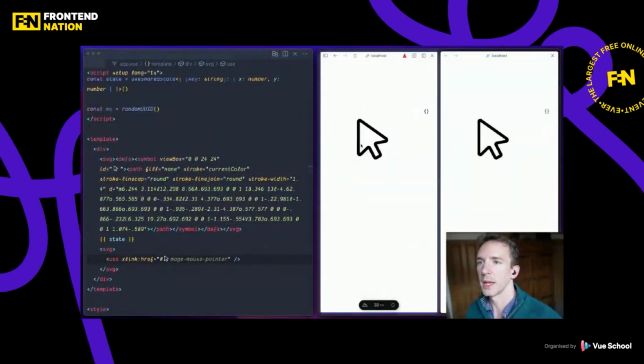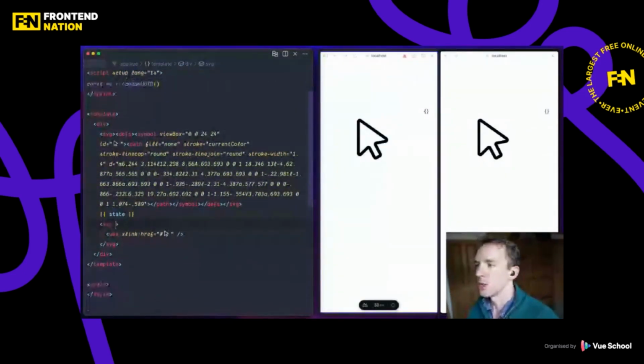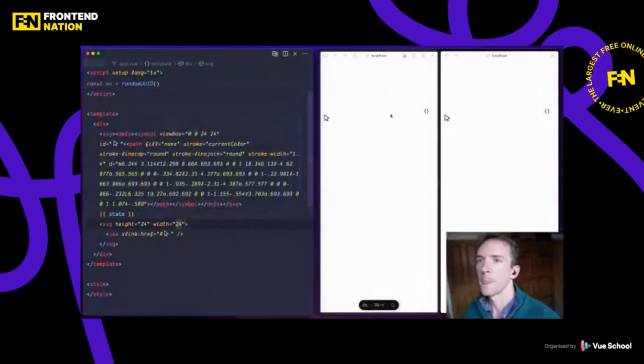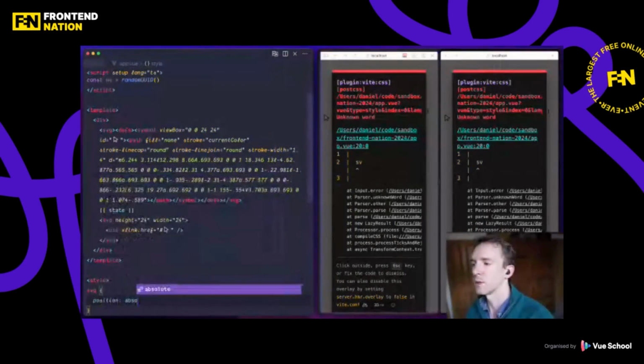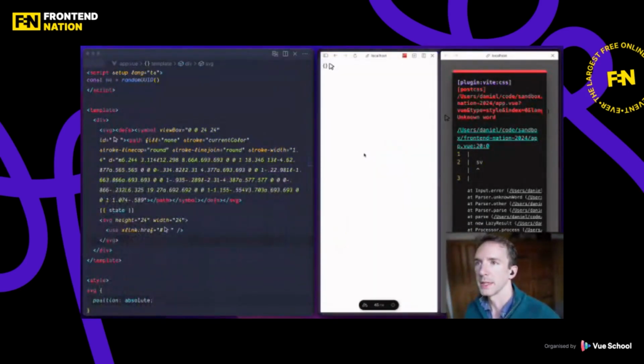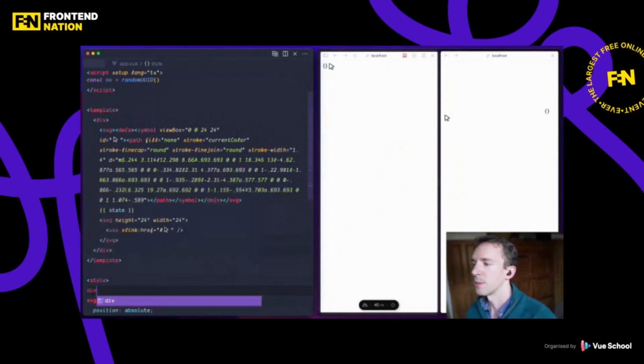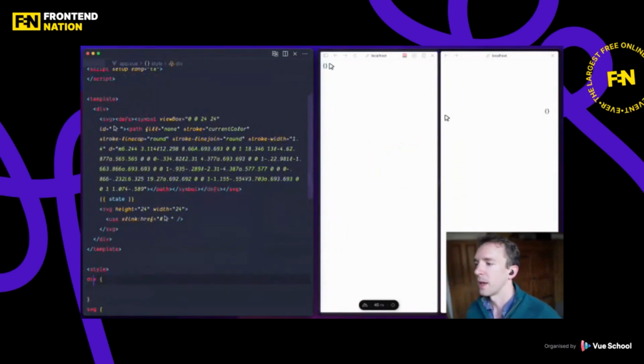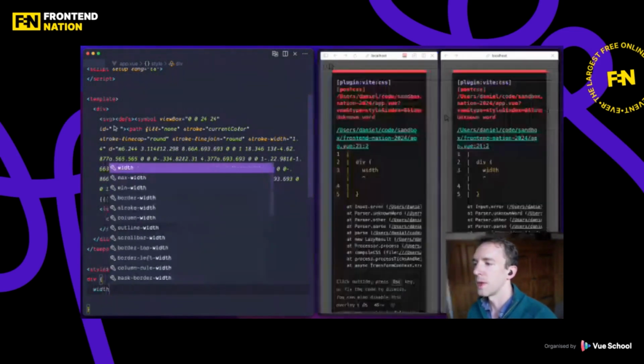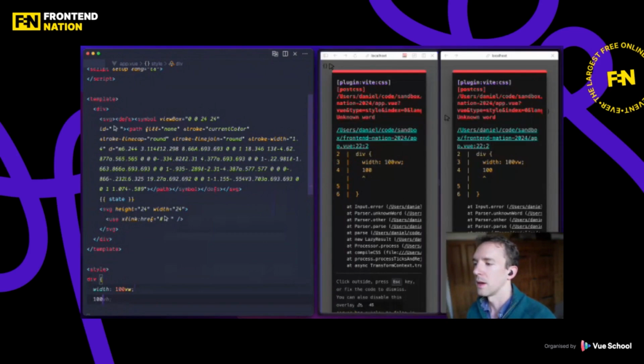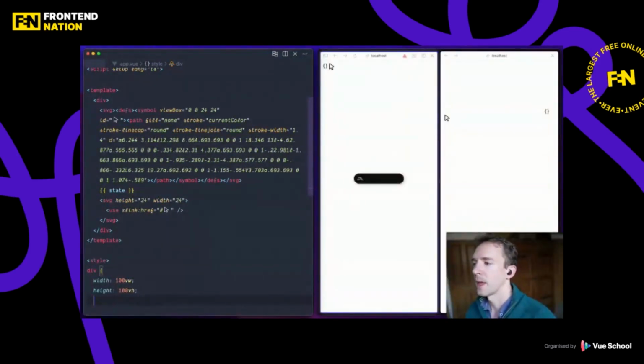So we should now see we have got a nice big mouse pointer. And so what we want to do is have one of these for everyone who is in our server. It should probably be a bit smaller. So height, say 24, that's about right. And then it should also have some attributes. So we're going to want to have it position absolute probably. And then we probably want some other stuff. Okay, so our div, and I guess just our div is fine. We'll say width should be 100 vw, height 100 vh, and